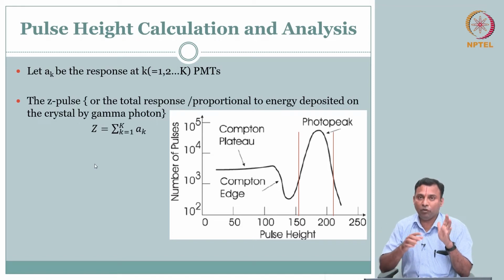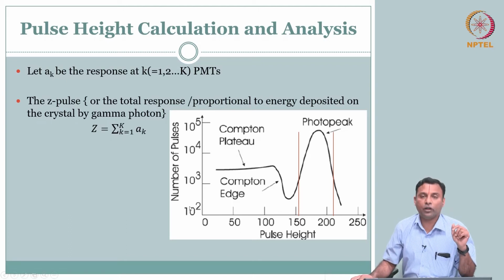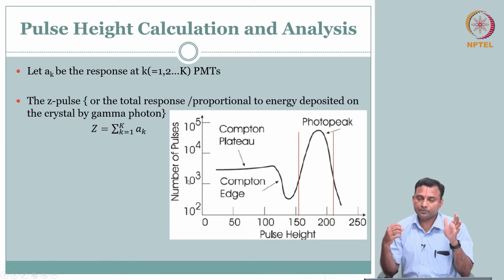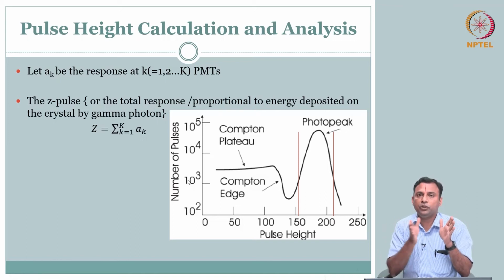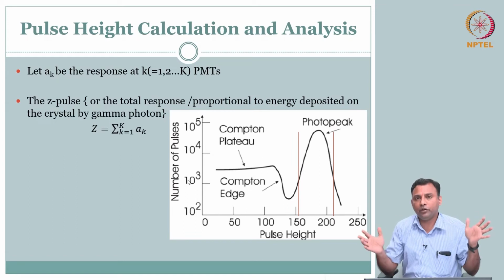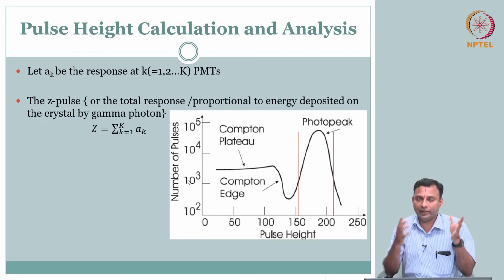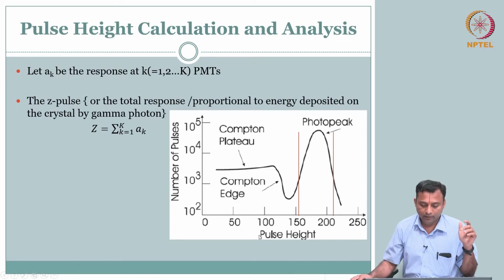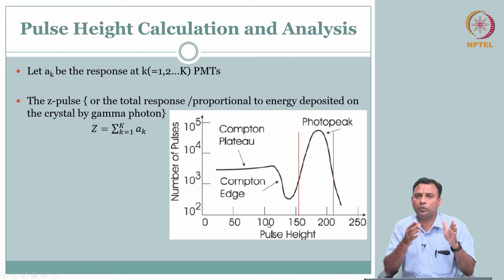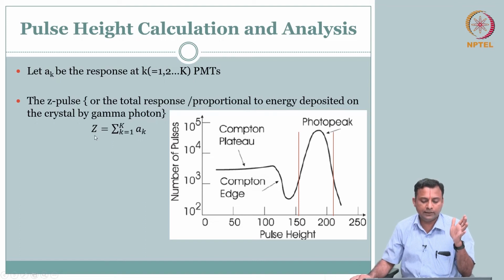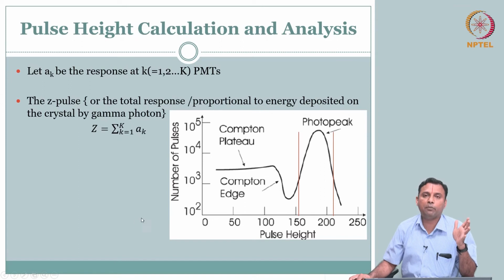But before we go to the XY logic and say where it is, one more understanding of what this Z is. For every scintillation you get a Z. If you collect this during data collection and plot it, you have pulse height. Pulse height is correlated to the energy that came in, because it's a total. So pulse height and number of pulses that came.